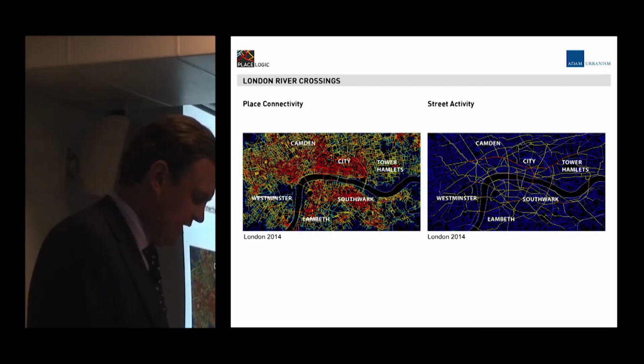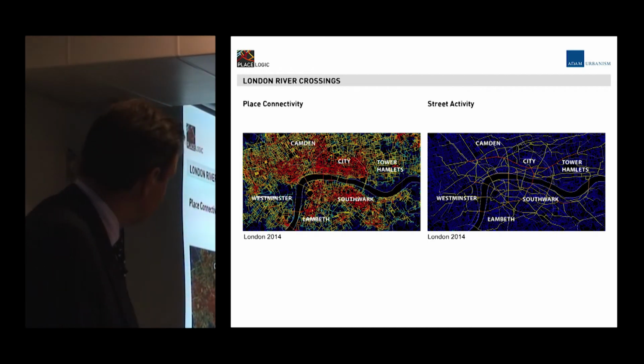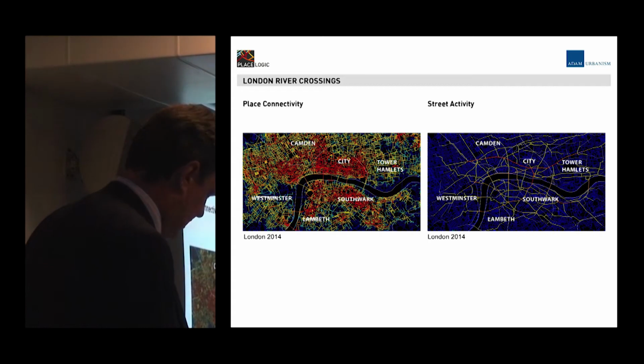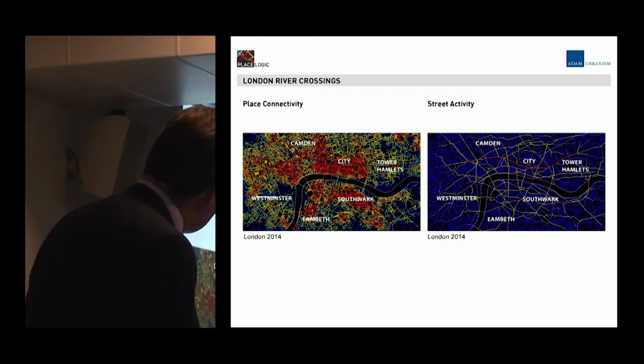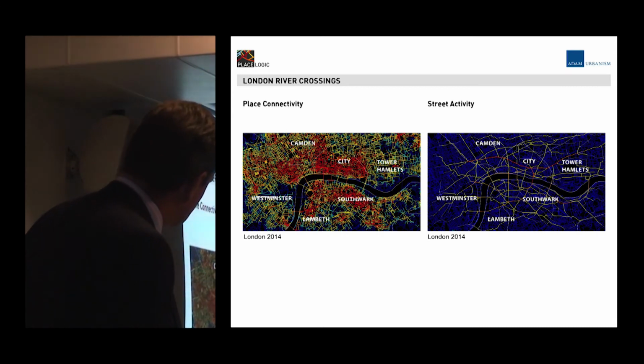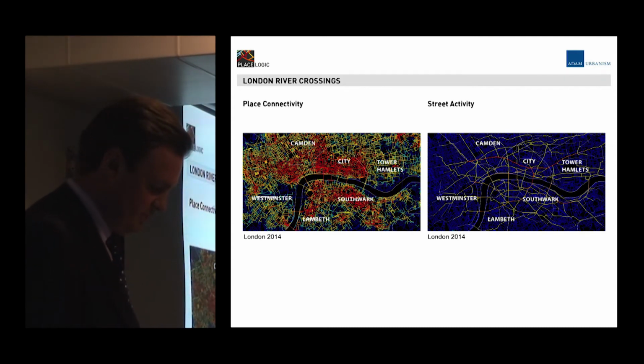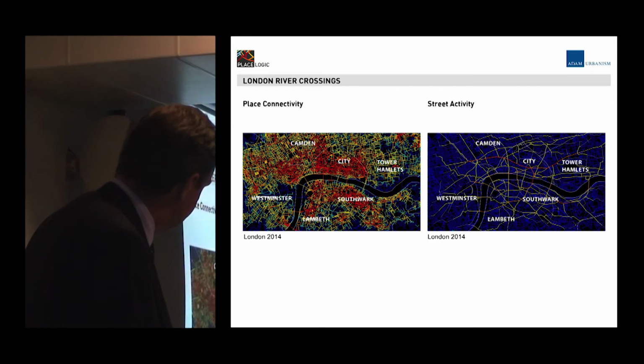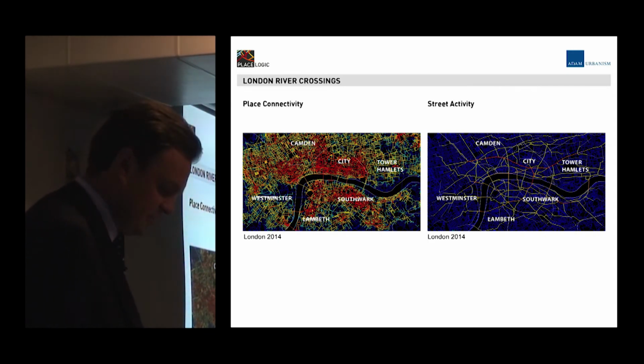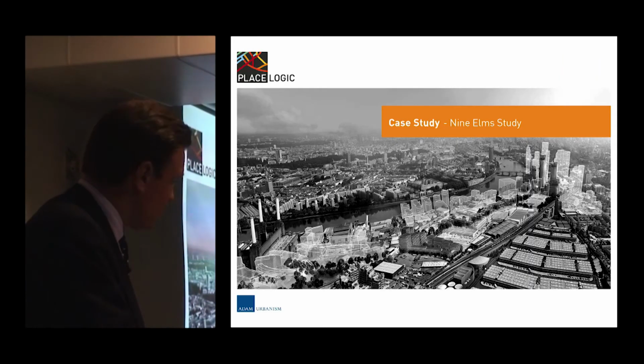And then go forward again to today, 2014, and you can see, in contrast to the earlier map, that by now there are another 4 bridges as well. The centre of London, the busiest, most connected places, are now clustered much tighter together, so that the city and Westminster are now one big centre of intense activity. On account of the bridges in this area too, Southwark has also become a much busier and more central place. And again, on the right-hand side, the street activity, you can see there's a much tighter network of intensely active streets as well.